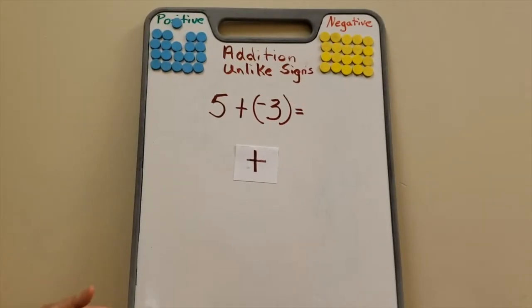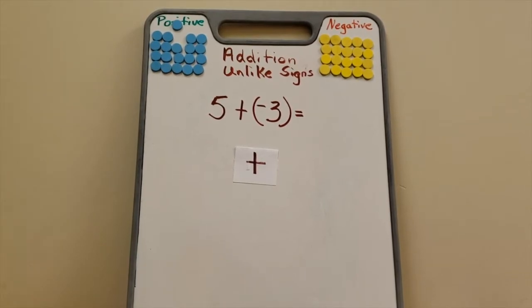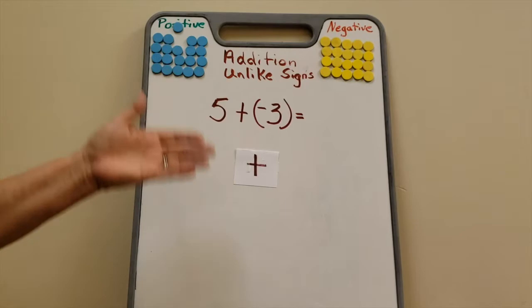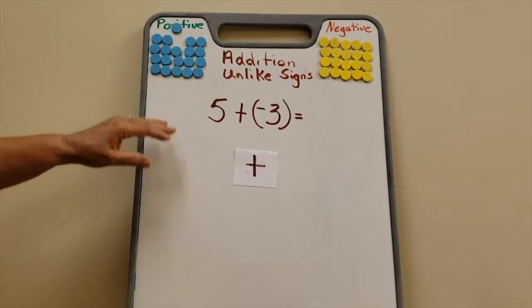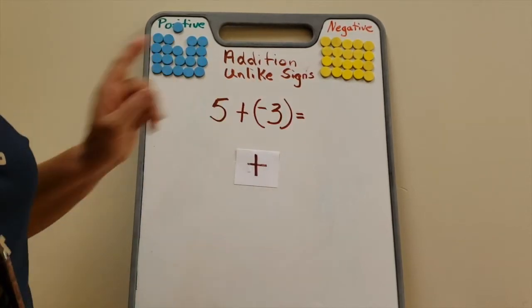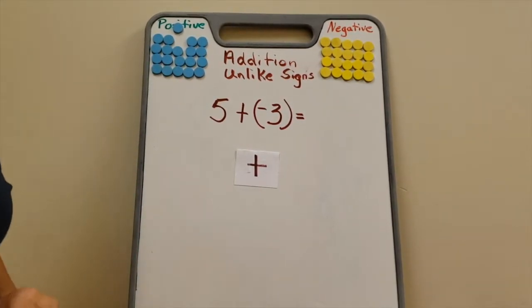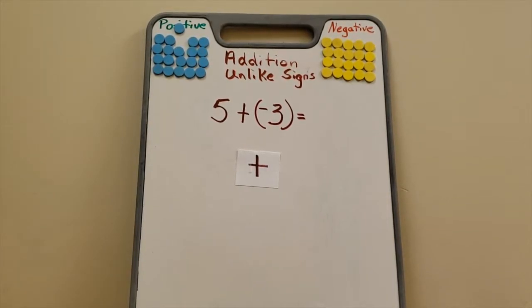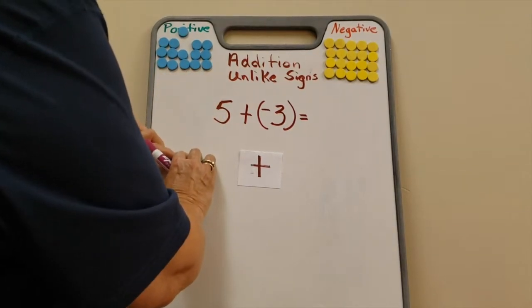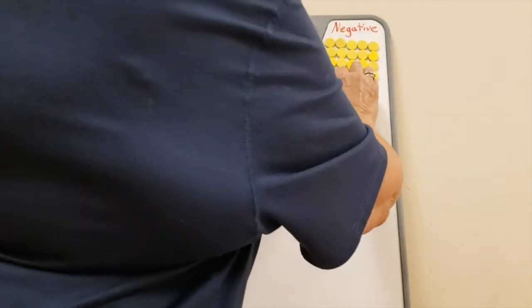Okay, we talked about addition with like signs of integers. Now we're going to talk about addition of unlike signs. Let's model this, all right? We have 5 plus a negative 3. Once again, remember I put parentheses around that negative 3 so I remember that there's a negative sign there. So I have 5 plus a negative 3,